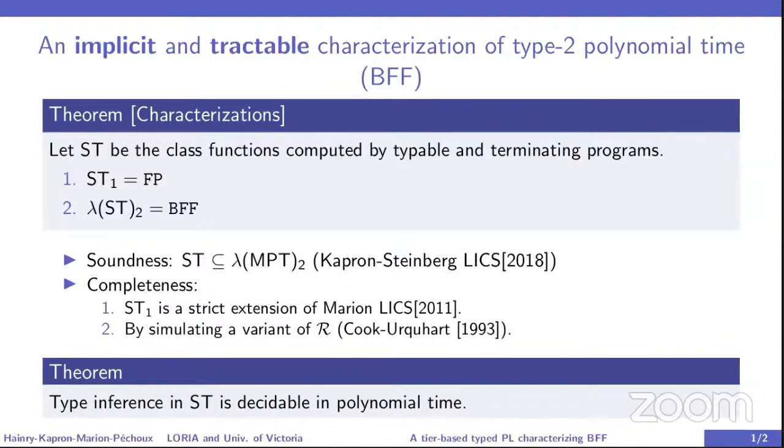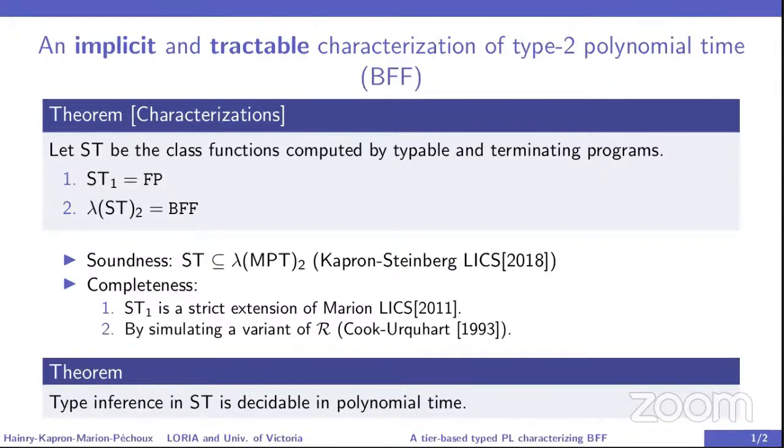At the first level, ST1, if we only apply it to natural numbers, it characterizes polytime functions of type 1, so functions from natural to natural. And at the second order, it characterizes functionals computable in polynomial time of type 2, with a few